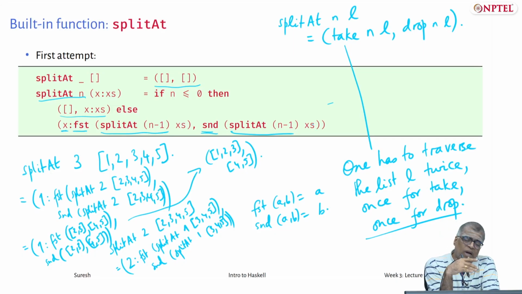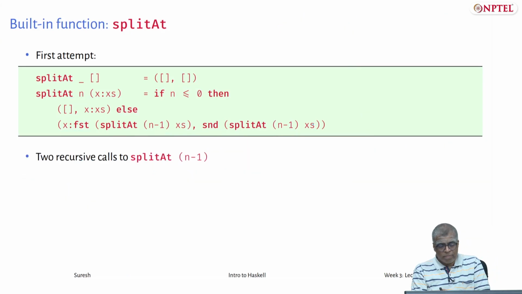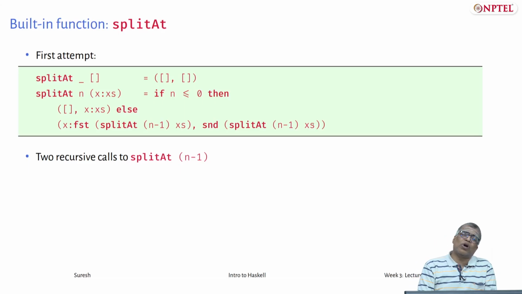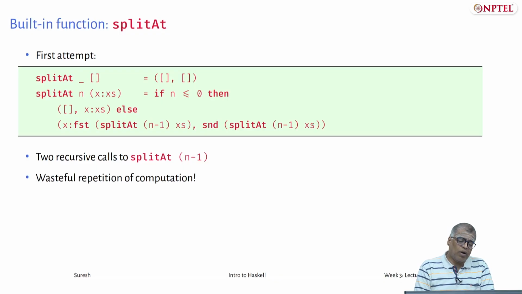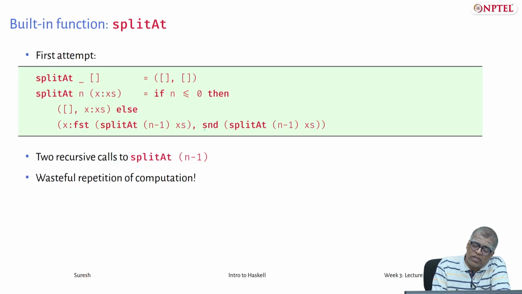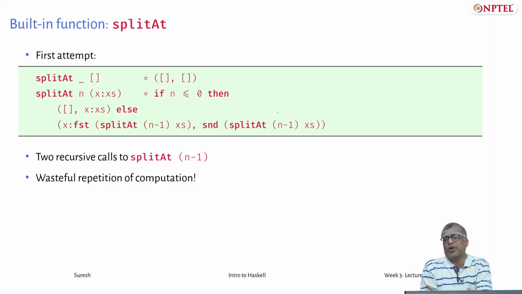Okay, rather than doing that, here is a better way of doing the same thing. I will give you cleaner code, and I will also give you code that is much easier to simulate. Whenever you have multiple recursive calls with the same arguments, there is a potential that the same computation will repeatedly happen. Haskell will call split at n minus 1 x's once, and after that whole computation is over, later it will come look at the second of split at n minus 1 x's and again make the same recursive call. It's already been computed, why not store it?